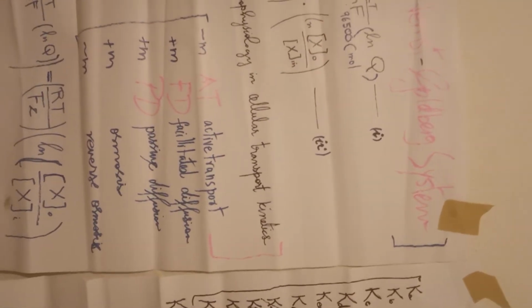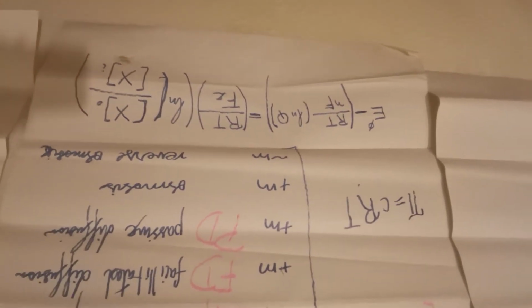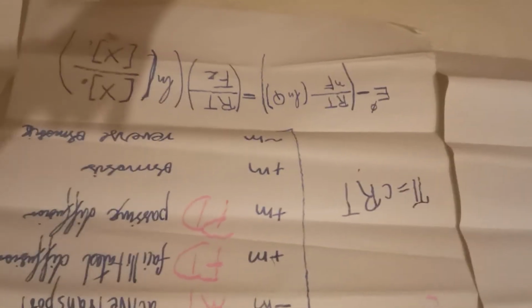And we discussed pi equals CRT, and I told you how it was similar to P equals CRT. And then I talked about active transport, facilitated diffusion, passive diffusion, osmosis, and reverse osmosis. And I also finally equated this for you, equated this, and into this. And that's a bracket. Bear with me, please. I'm missing a bracket here. Sorry, that should have been a